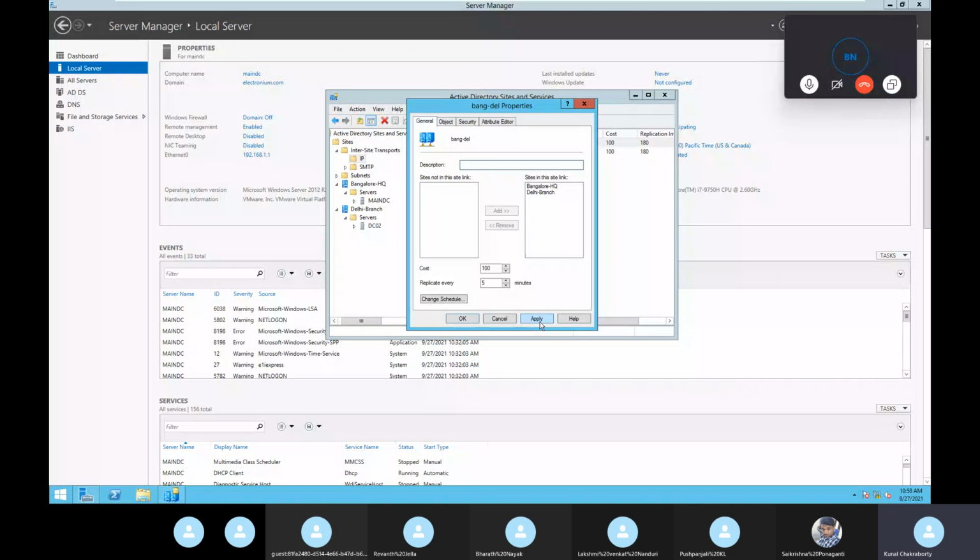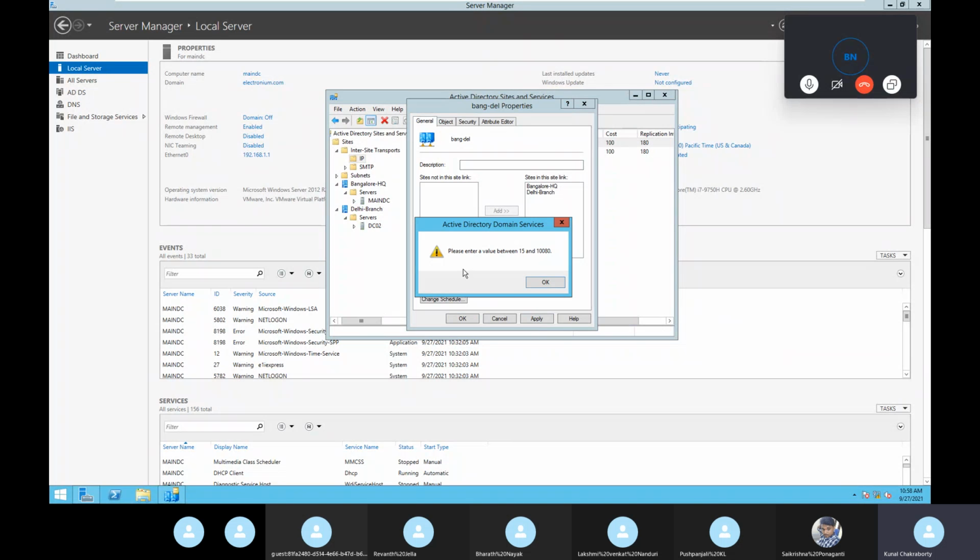If you make it more or less, it will send so fast in one shot that it will lose some packets. The hello packet you sent goes at such speed that the other side cannot catch the hello. Half of the data will be sent. So it should be in balance. Sending too fast is bad, and if it is slow also it is bad. So it should be in the middle. That is why 100 is the max. Apply. Please enter the value between 15 and...